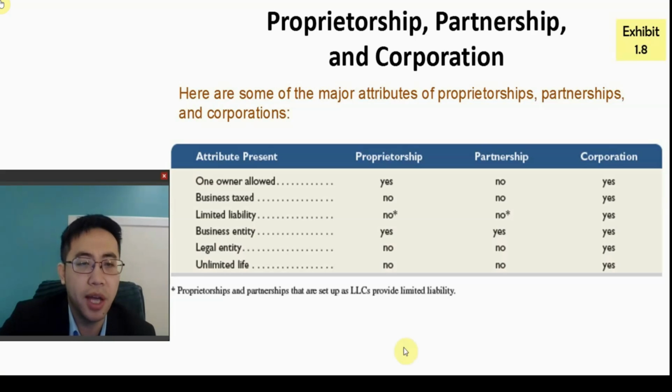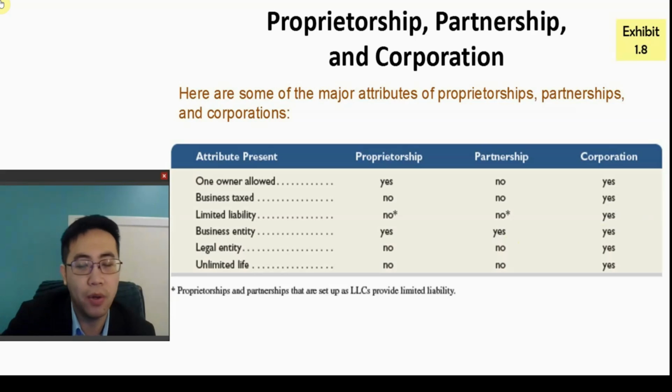And are these major business entities in the United States? Yes. So you will need to file at your city for the business license, and you will be recognized as a legitimate business. And on the legal aspect, the corporation is treated as a legal entity. But sole proprietorships and partnerships are more like treated as individuals. But for corporations, it is very hard to establish on the legal side. You have to go through all the criteria in corporate law, and the corporate law book could be this thick.